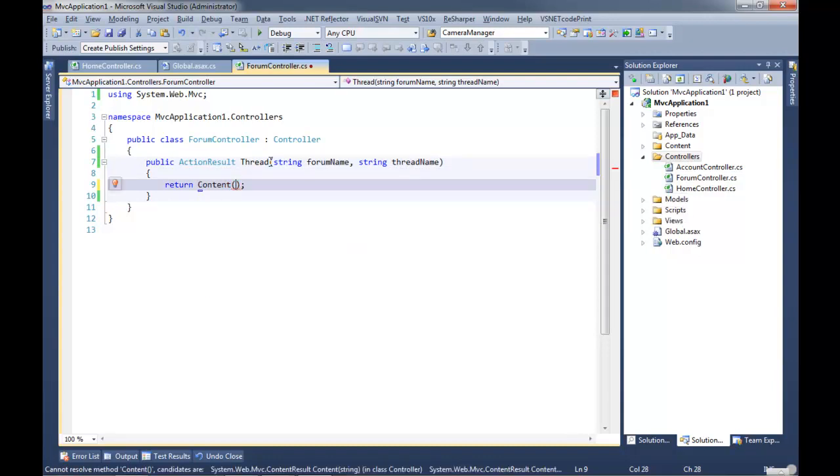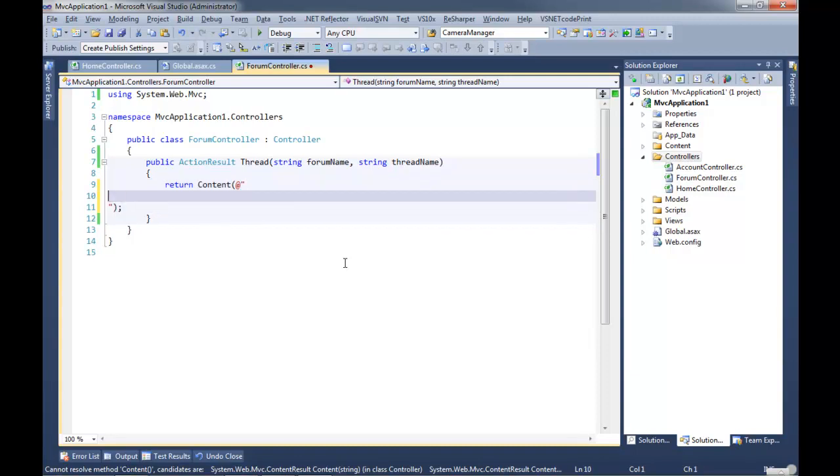Now I'm going to return content, and content is a function part of the controller class that returns an action result that just represents whatever content in the form of a string that I pass in. Okay. We're going to say